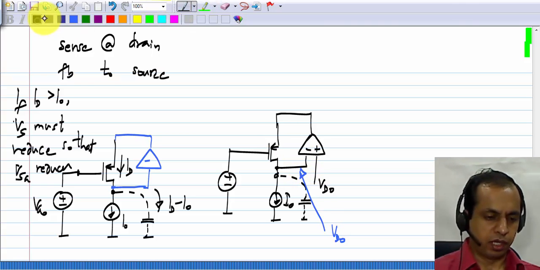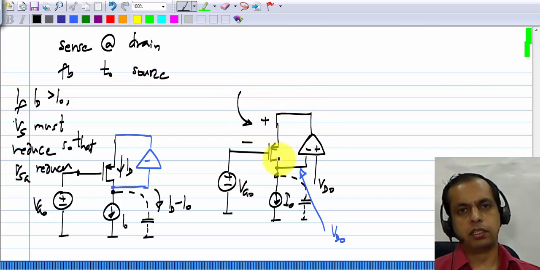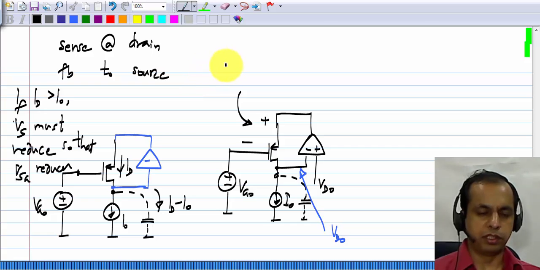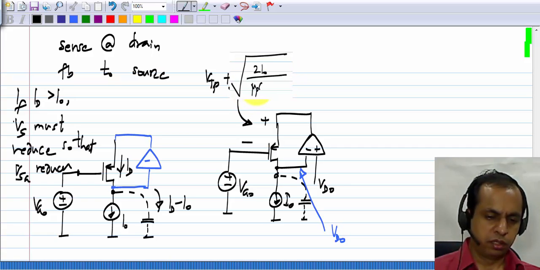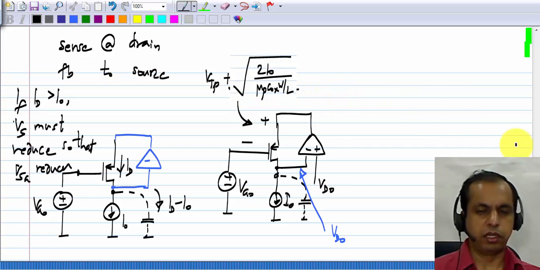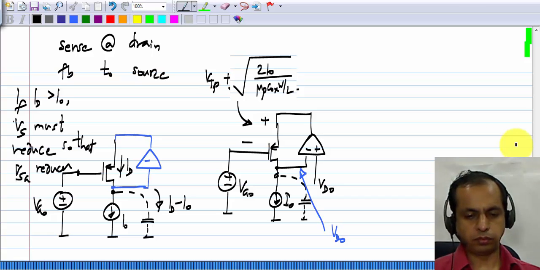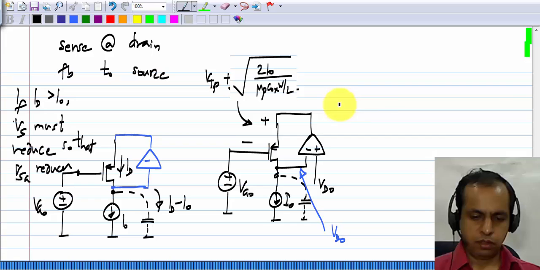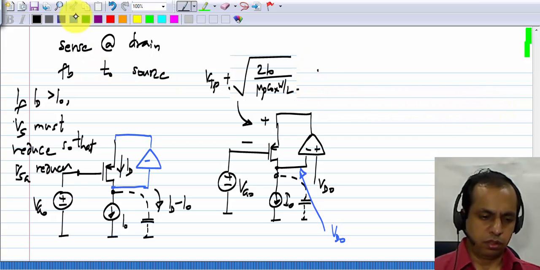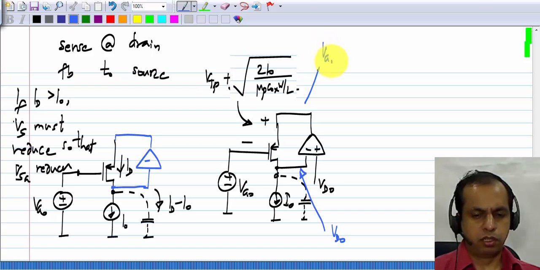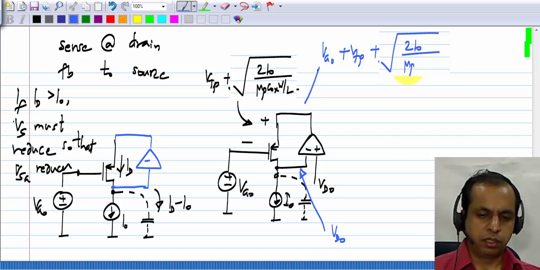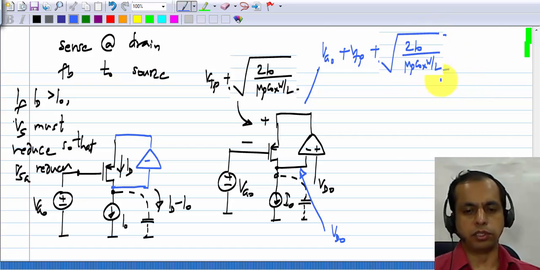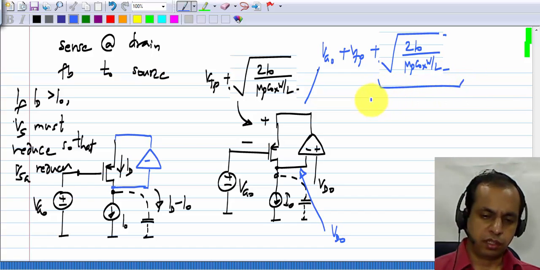Okay, and the gate is at VG0. The source gate voltage has to be such that the transistor carries a current I0, which means that the source gate voltage has to be VTP plus square root of 2 I0 by mu p Cox W by L. So the voltage here would be the gate voltage plus the threshold voltage plus square root of 2 I0 by mu p Cox W by L, and this part is known as the gate